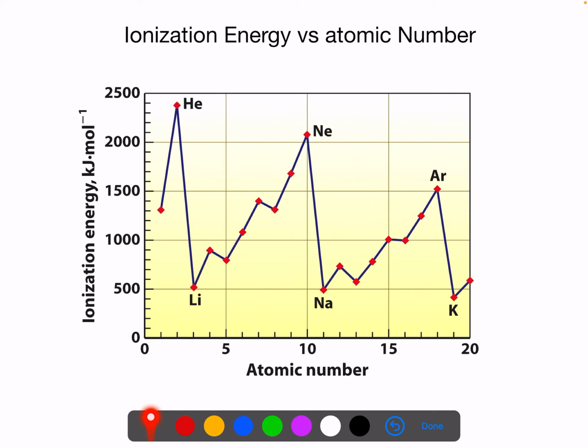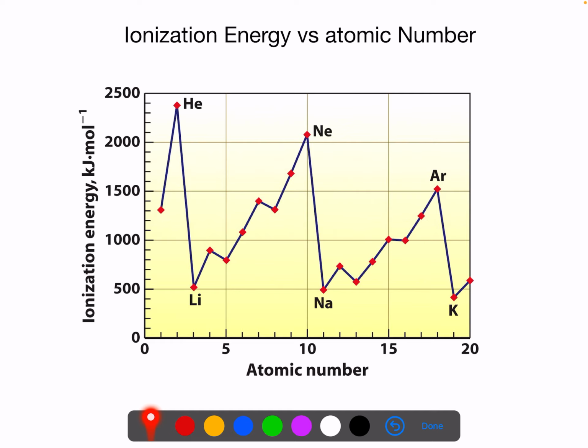And we can start to see some periodic trends. These regular repeating patterns are why the periodic table was made. And we see, as you go down a group, helium, neon, argon,